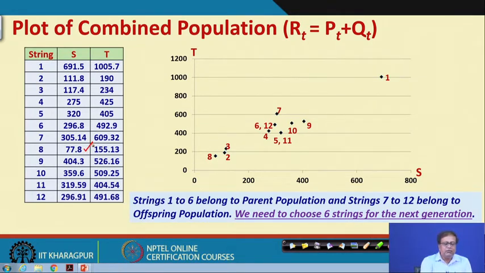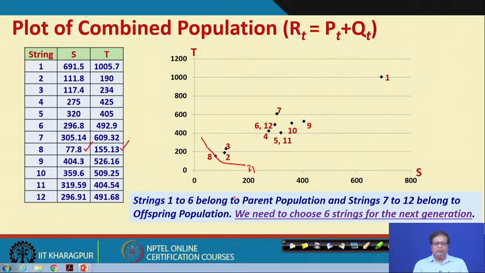Which one is the minimum T? This one. So, in the plot also, the Pareto optimal front will be like this. So, you can call it the front 1. Now, if I take out 8, then which one is the best possible solution